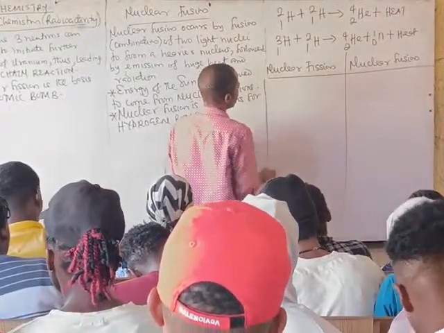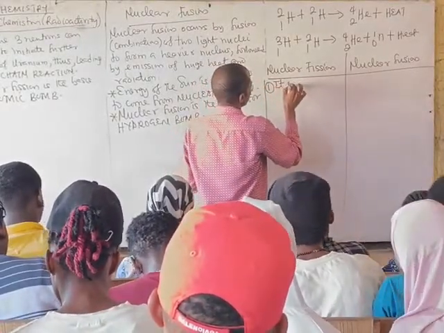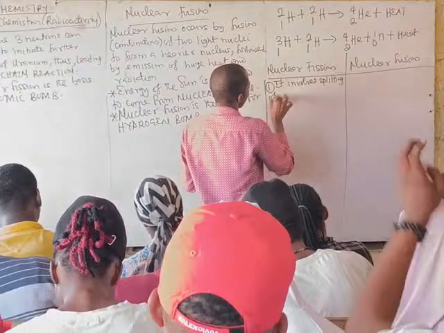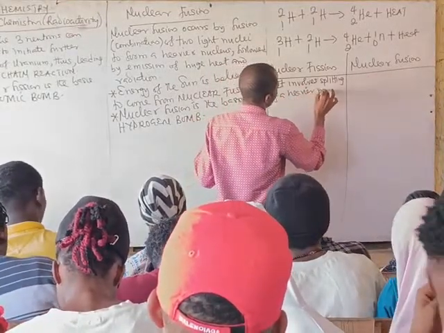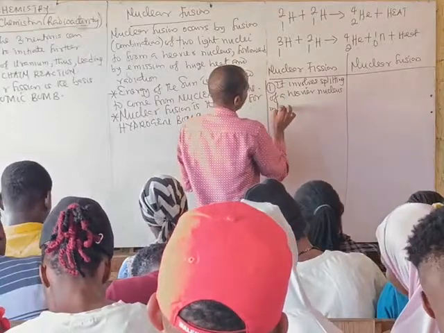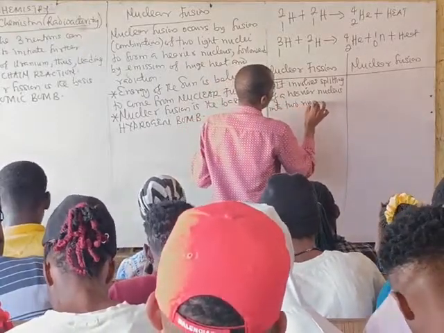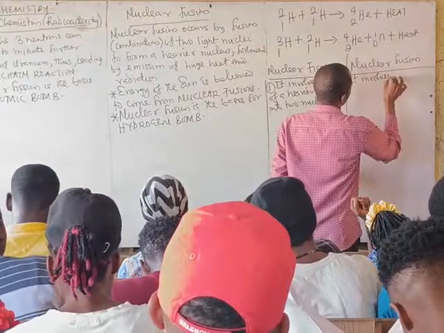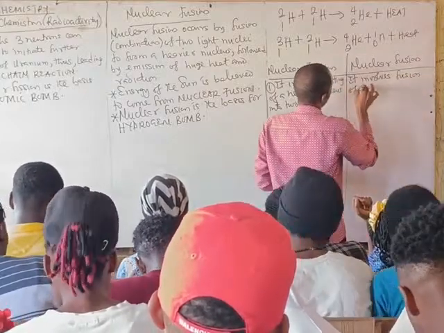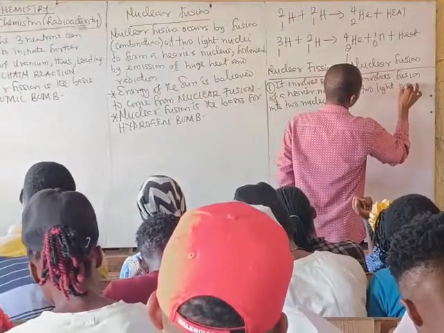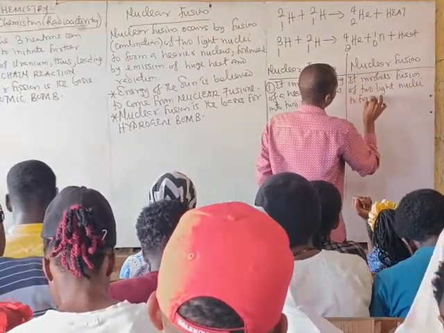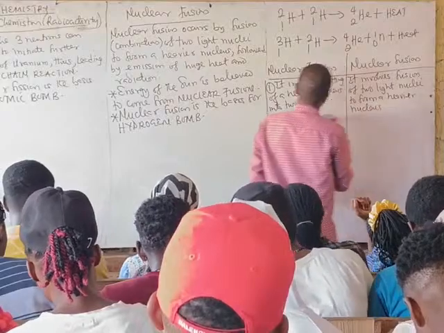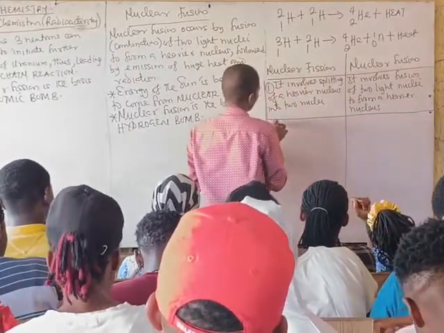Like I've said, even from their definition, nuclear fission involves splitting of a heavier nucleus into two nuclei, whereas nuclear fusion involves fusion of two light nuclei to form a heavier nucleus. Not only that,